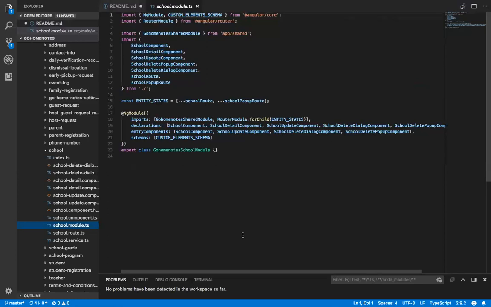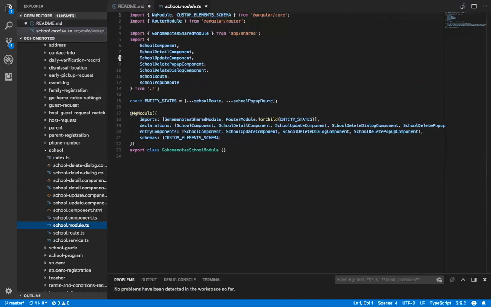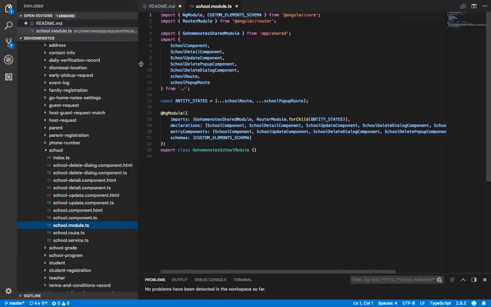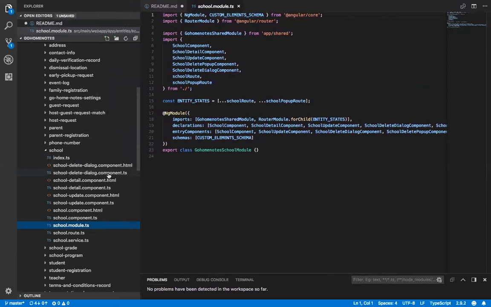And if you widen the Explorer window on the left, notice for every component file, there is a related HTML file. There's a TS component file and there's an HTML file. So TS is what? What kind of code is in a TS file? Yes. Once you open one,